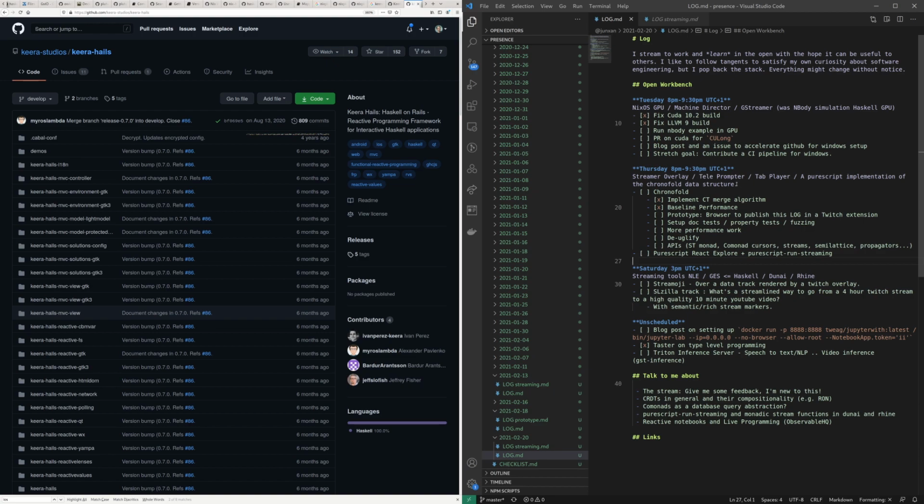So my example for that has been the chronofold data structure, which is a collaborative text editing data structure,